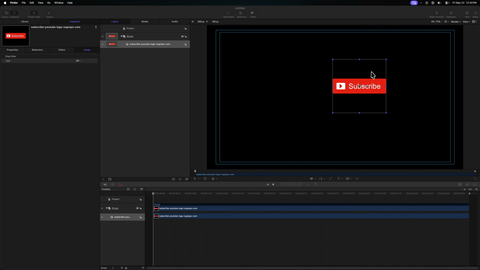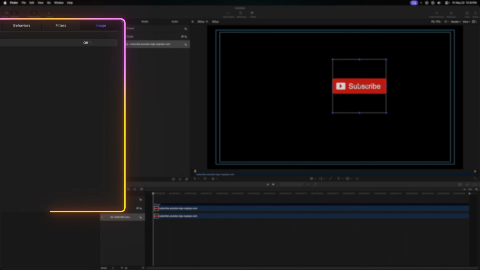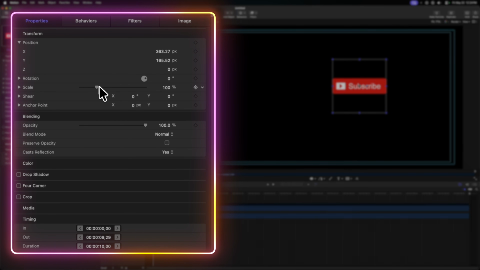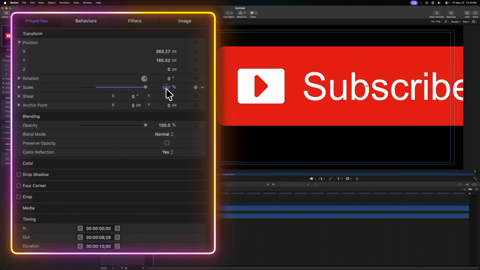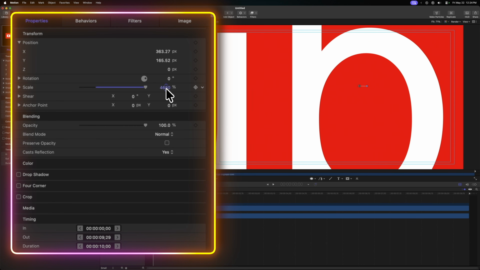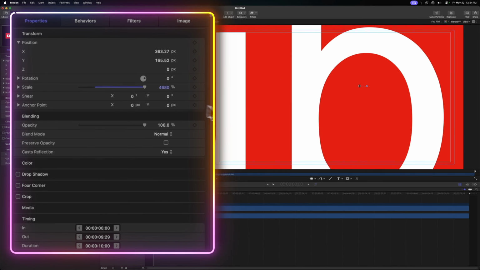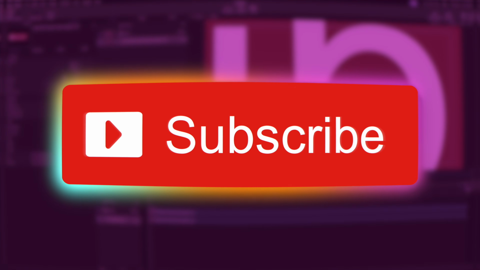And the great thing about SVG graphics, for those of you that don't know, they're vectorized graphics. And what that means is I can scale this up infinitely with zero quality loss. So let me go ahead and just zoom way in onto this B, and you'll notice that we have sharp edges all the way through, even though I have scaled this up to 4,680%. SVG graphics are incredibly powerful for creating motion graphics, so I'm really happy to see that it's made its